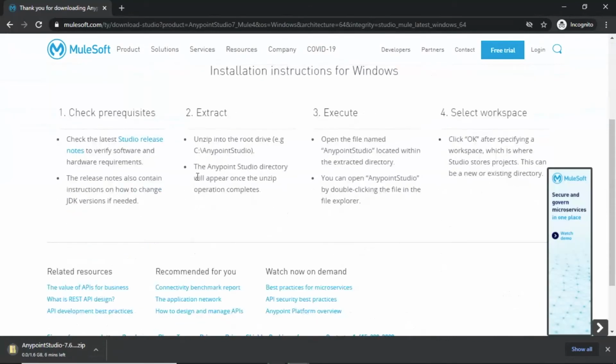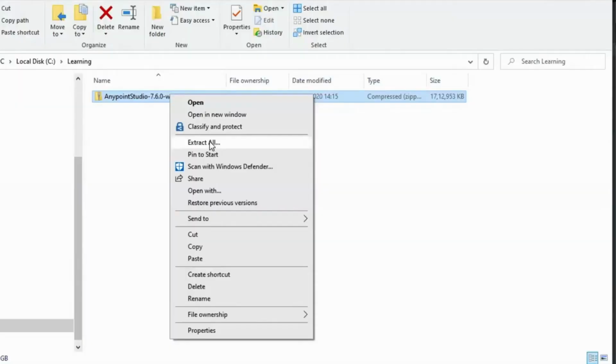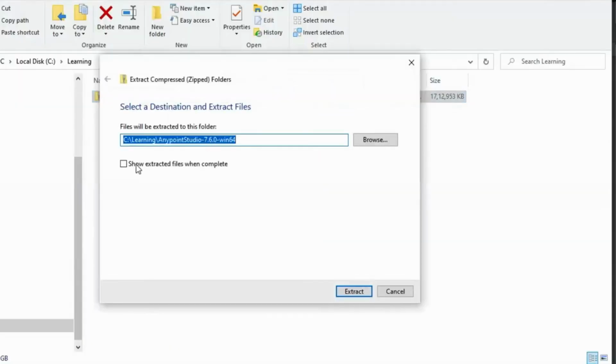Now you can keep this file in some location where you can easily access it. Now you can unzip the file and keep the extract in some location.